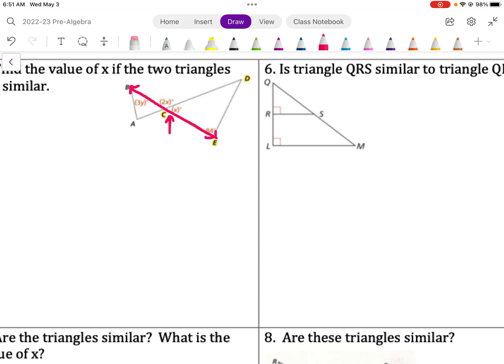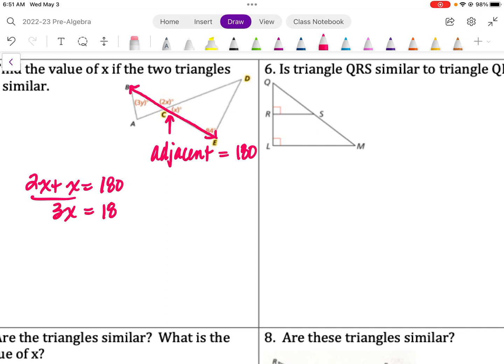Those two angles sitting right there are called adjacent angles. They are right next to each other, and adjacent angles here are supplementary, so they have to equal 180 degrees. So 2x plus x has to equal 180. Combining my like terms, 3x equals 180, and if you divide both sides by 3,